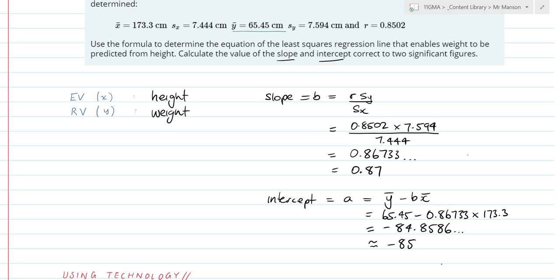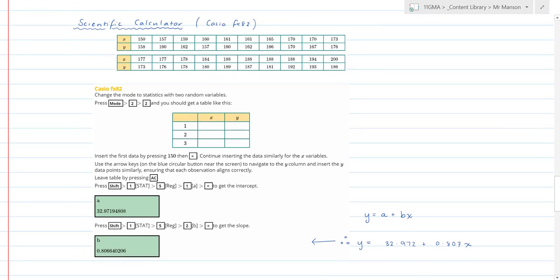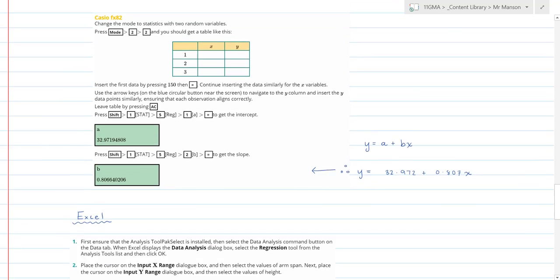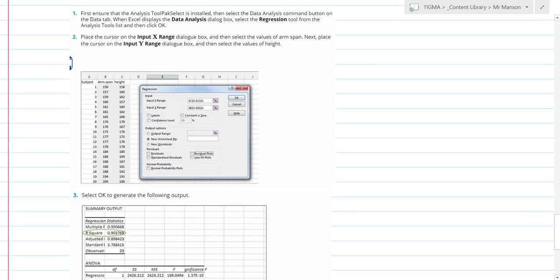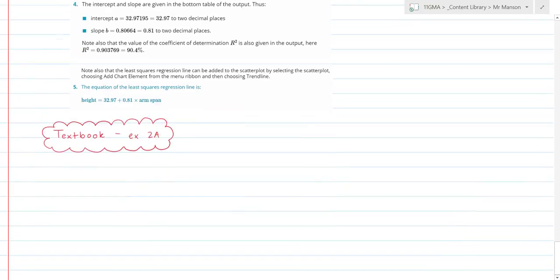For the sake of the video, I'm going to just quickly do this. If anybody is watching the video, they can pause now and have a read of this. That's how you do it in your calculator. If anybody is watching the video, they can pause now and have a look at this. That's how you do it in Excel. Obviously, it's on the OneNote as well if you've got access to that. And that's the end of it. But I'm going to stop the video, and we're going